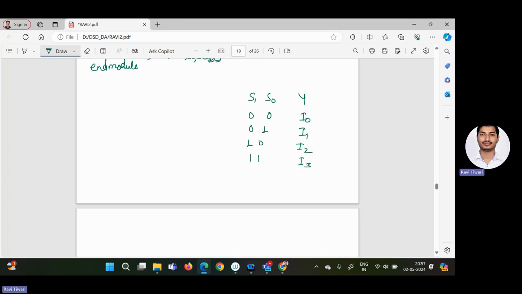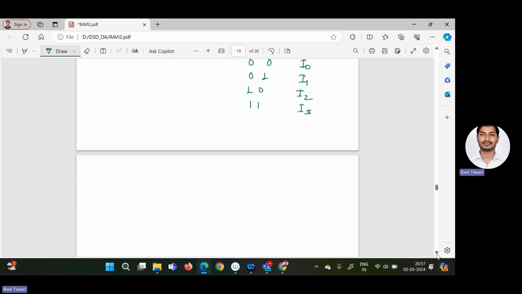So here we will see the behavioral modeling now. In the behavioral modeling, we require this truth table. That's why we made it. Now in the behavioral modeling, the starting 3 lines will be the same: module, and you have to write down some user specific name. For example, I'm writing mux2. Now write down all the input output variables like S1, S0, comma, I0, comma, I1, comma, I2, comma, I3, comma,